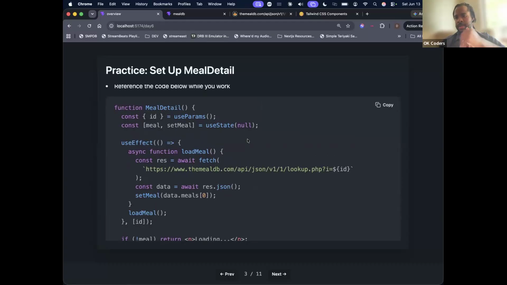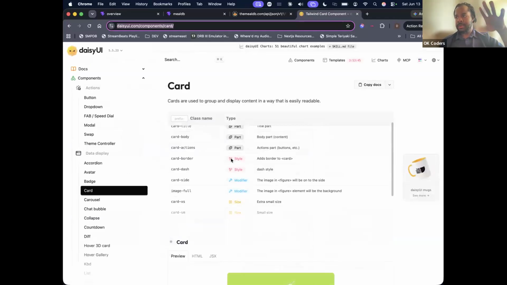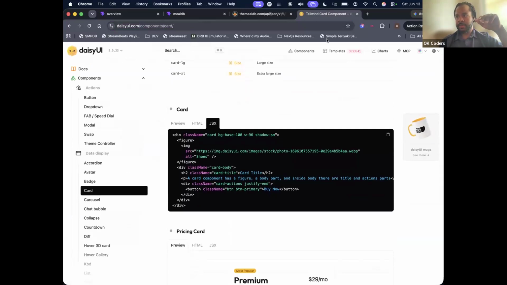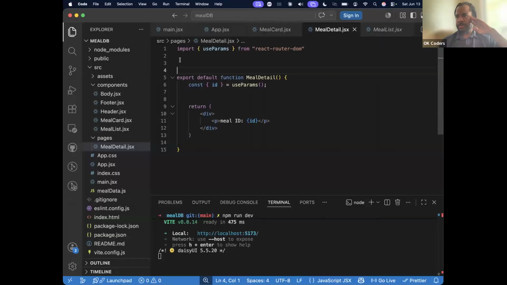One good practice: anytime you need to use code as a reference, like with Daisy UI, one trick you can do if you don't want to keep switching back from screen to screen is, at the very bottom or at the very top, like Brian did with us earlier on,